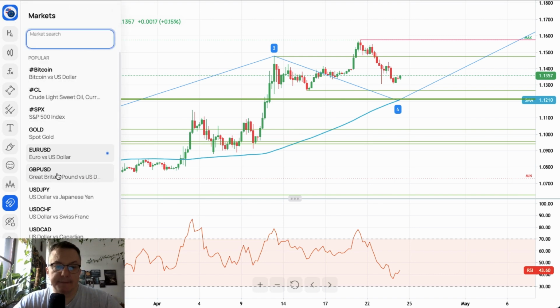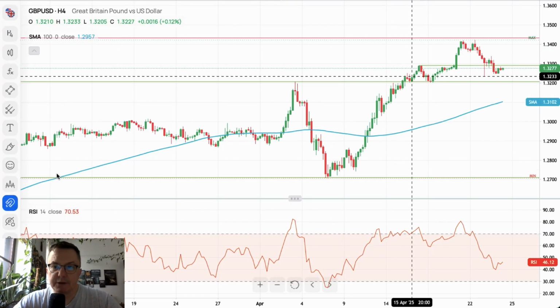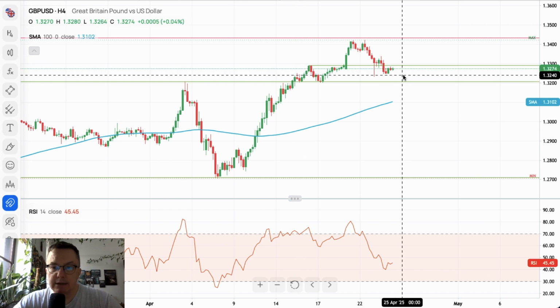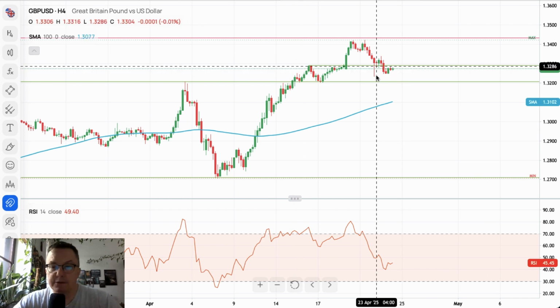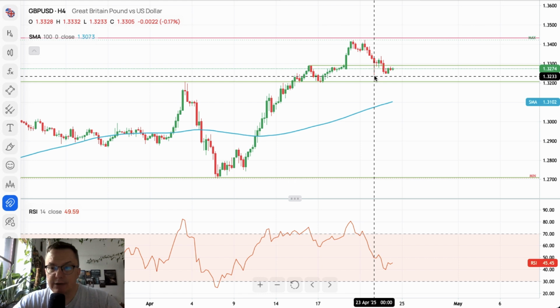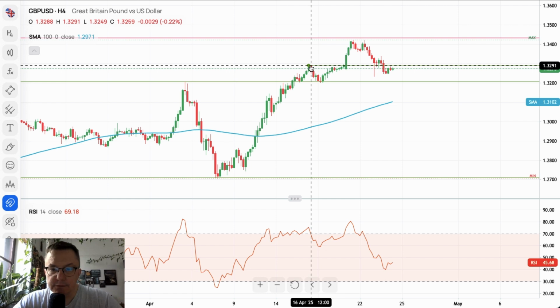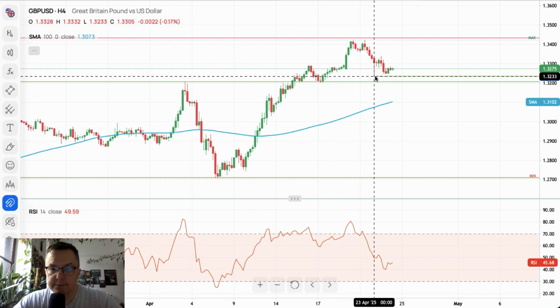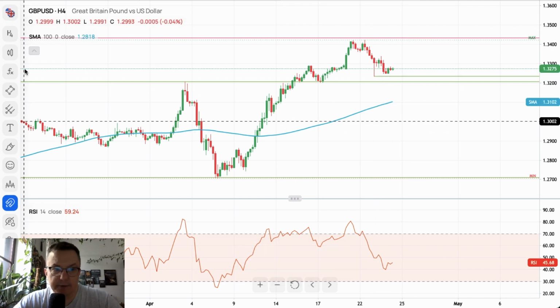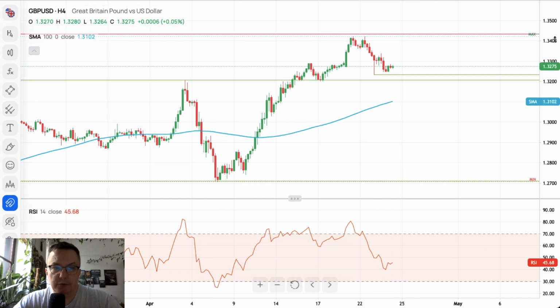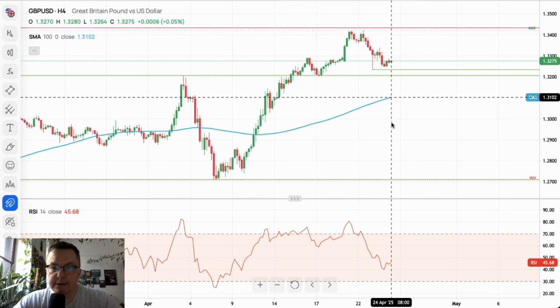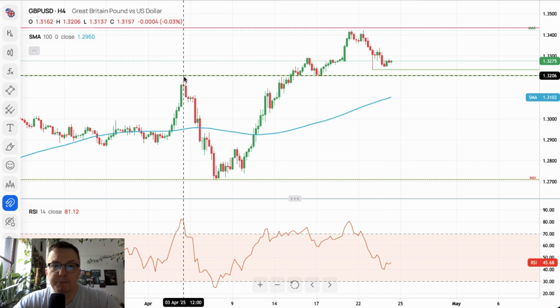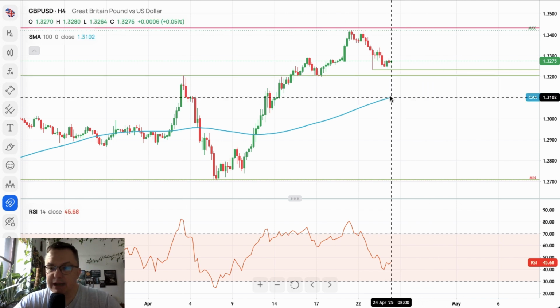Let's take a look at the British pound because we got some data from the UK. Cable, similar to the euro dollar, cable moved lower to test 1.3233, and it's trading below this local technical support. Nevertheless, let's just move this technical support right now here because it looks like it's much more important for the markets. We are still above 1.3206, another technical support, and definitely above 100 periods moving average,